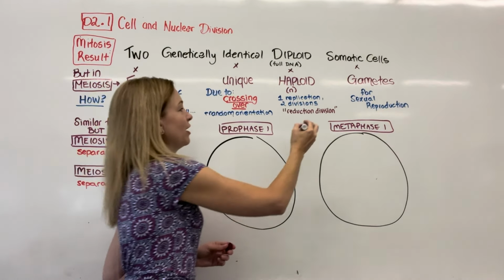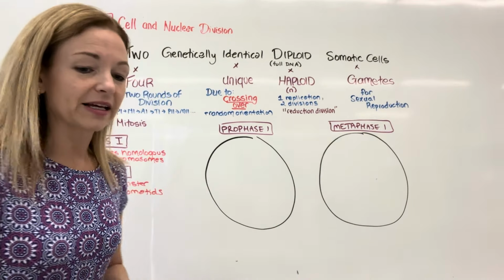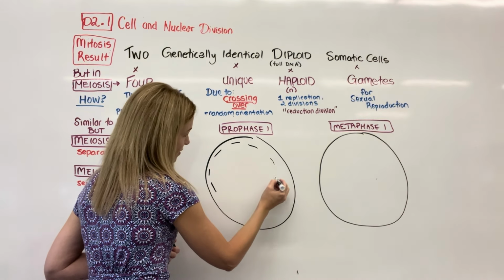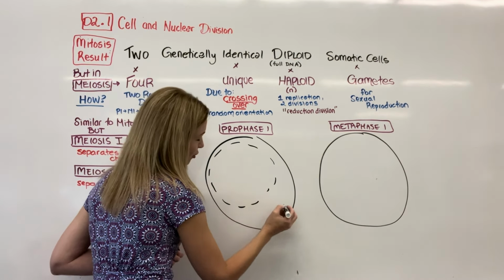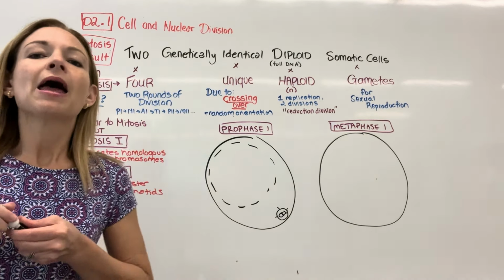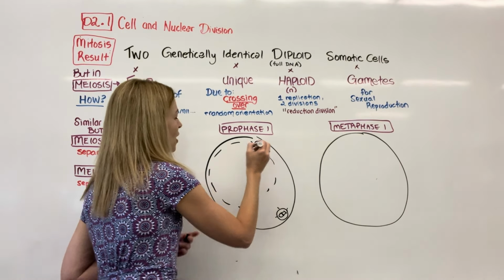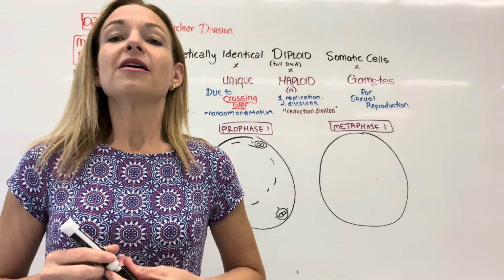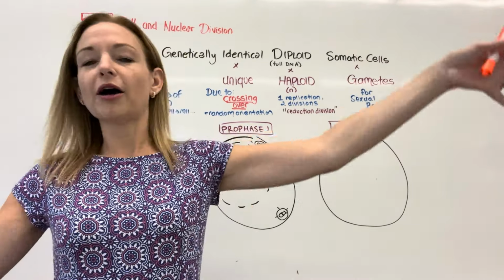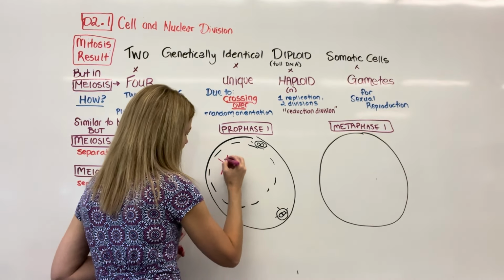Okay, so again, how are they unique? So in prophase 1, all the other things that were going on before are still happening. So we're always going to remember mitosis. So we're still going to be dissolving our nuclear membrane. Our centrosomes are still going to be forming, etc. But the other thing, sorry, there should probably be another one for accuracy's sake. There's another centrosome. All right, and then the other thing is that this time the homologous chromosomes are going to pair up. So previously they were unrelated to one another, but now they are actually going to join together.